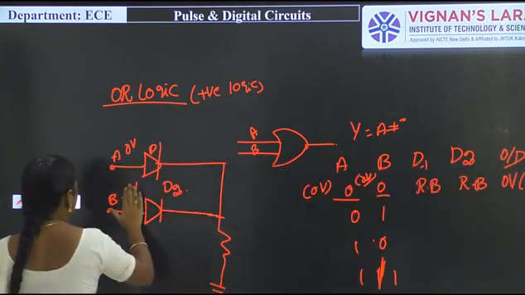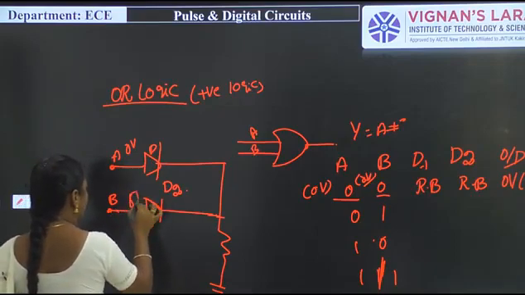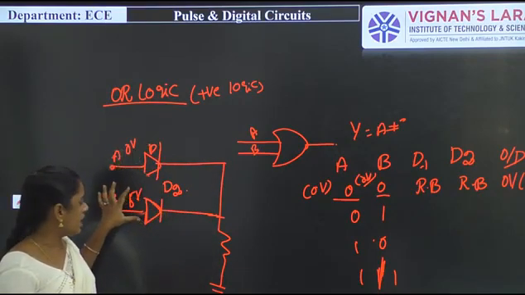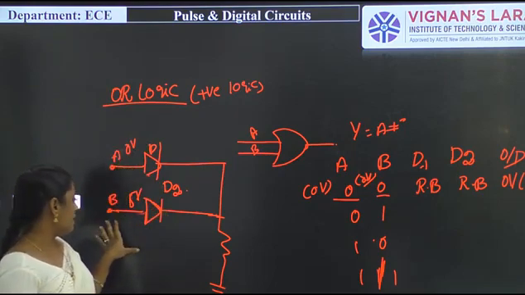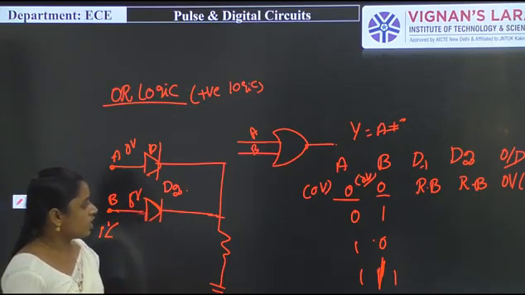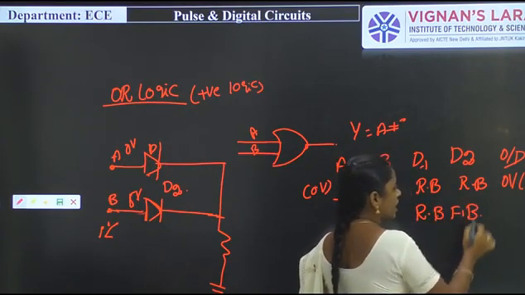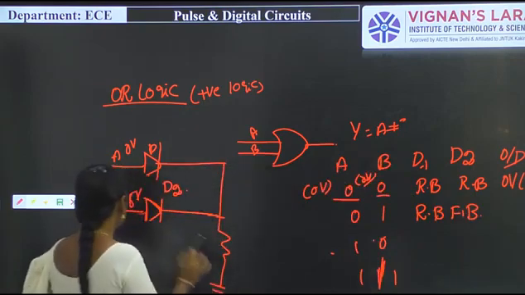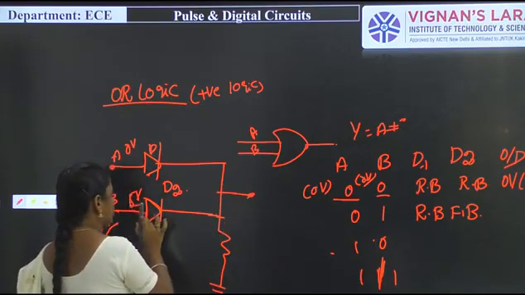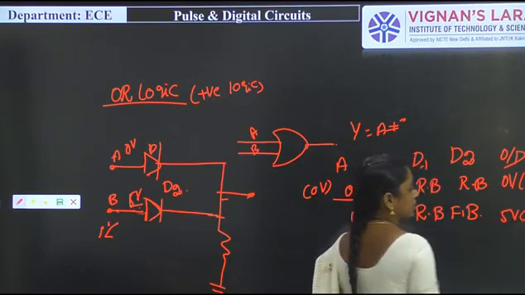Next condition, we apply 0 volts and 1, nothing but a 5 volt signal. At that time, diode D1 is in reverse bias condition and diode D2 is in forward bias condition. Why? Because the input signal of 5 volts is more than 0.7 volts, so the diode is in the on condition. So one of the diodes will be forward biased. Obviously this 5 volt signal will reach the output side, where we take the output. Simply the output will be 5 volts, that is logic 1.